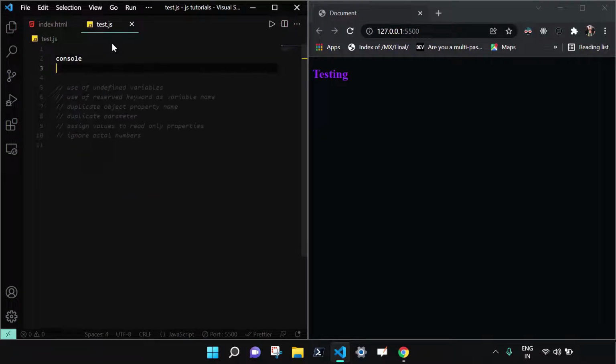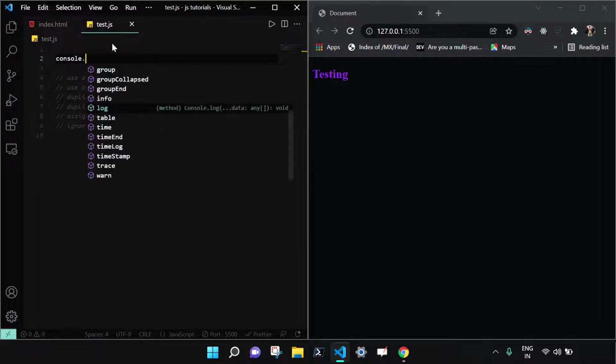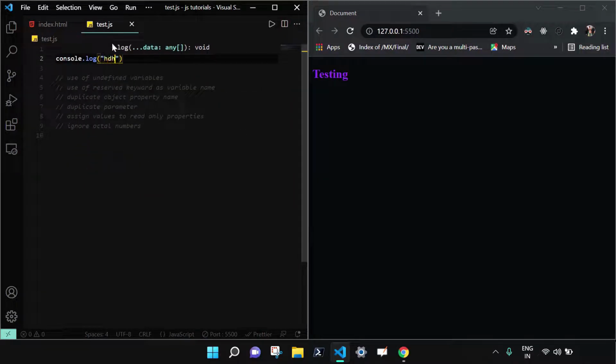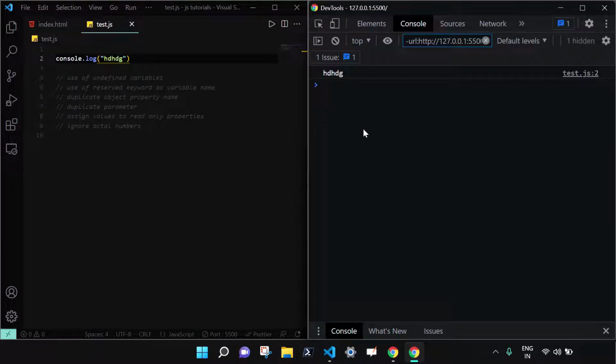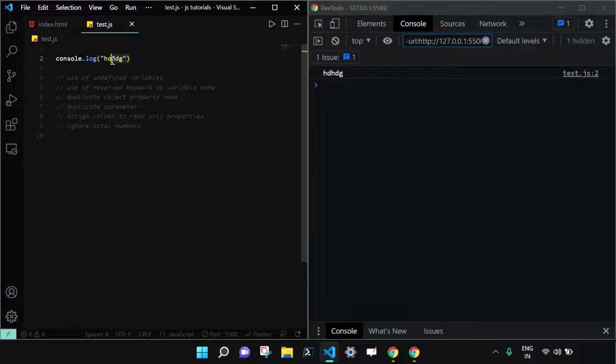So I will do a console.log of anything, and I go here, open the console, and as you can see, yes, it is working. So the JavaScript file is connected with our HTML document, and this is my setup, a very simple setup on VS Code and Chrome. So now let me remove this.